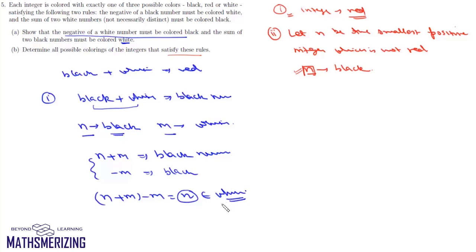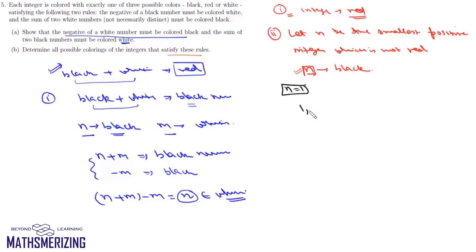So from contradiction we can say that black plus white cannot be a black number. In the same way, we can prove that black plus white won't be a white number as well. So we can say that sum of a black number and a white number must be painted red. Now we'll come back to our claim, which is if the color of n is decided, then the color of all other integers is pre-decided. Now suppose this n is 1. That is, suppose 1 is the smallest integer which is painted black.